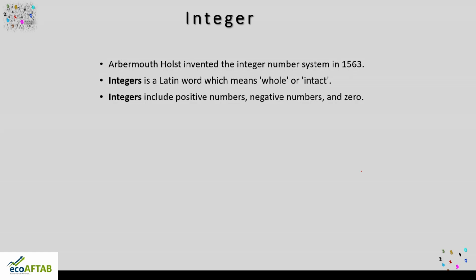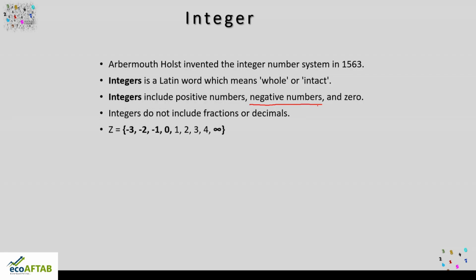So integers include positive numbers, positive numbers meaning natural numbers, 0 meaning whole number, and we are bringing into the picture a new set of numbers, and that is our negative numbers. So integers do not include fractions or decimals. As I said, the meaning of the word integer in Latin is whole, and when fractions come, it is in pieces. So a set of integers can be written as Z is equal to